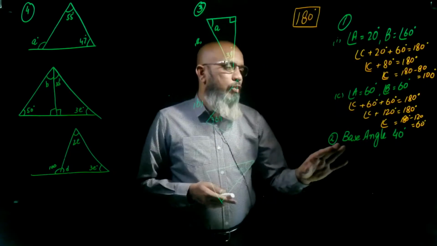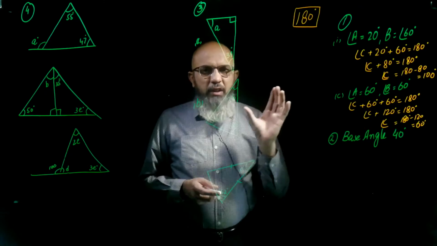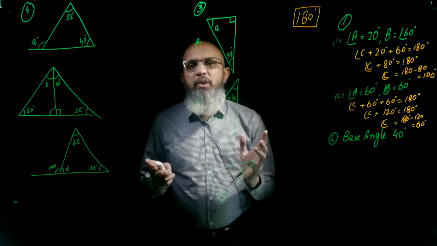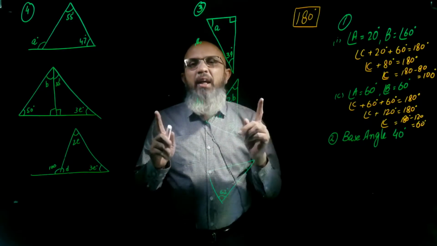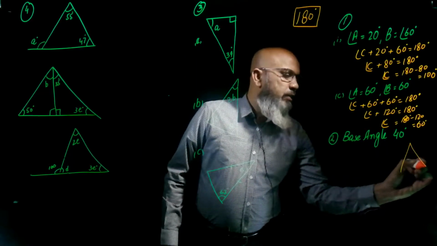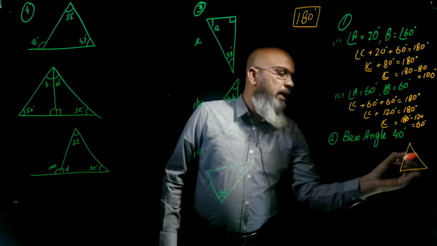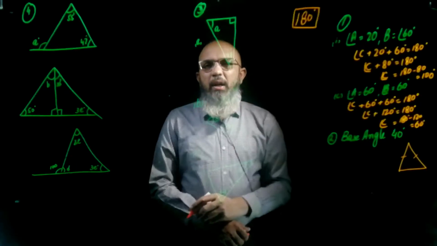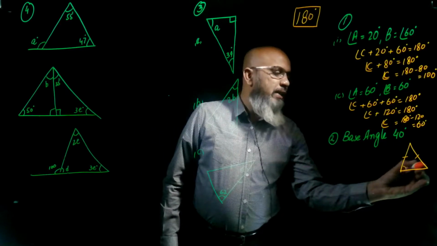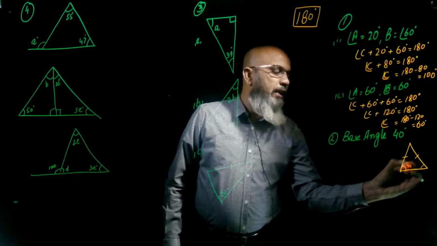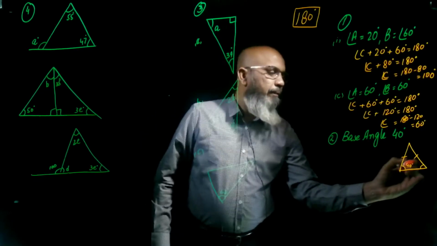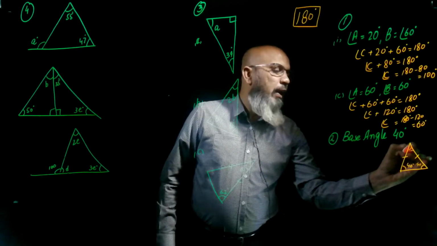So you can say it is an equilateral triangle. Now question number 2 says the given triangle is an isosceles triangle and a base angle is given to you. Now what is an isosceles triangle? An isosceles triangle means one in which 2 sides are equal. So I draw an isosceles triangle. This is an isosceles triangle, and this means these 2 sides are the same. When these 2 sides are the same, it means these 2 angles are also the same, and your one base angle is 40. So what will be the other angle? The other base angle is also 40 degrees, and this is your third unknown angle.